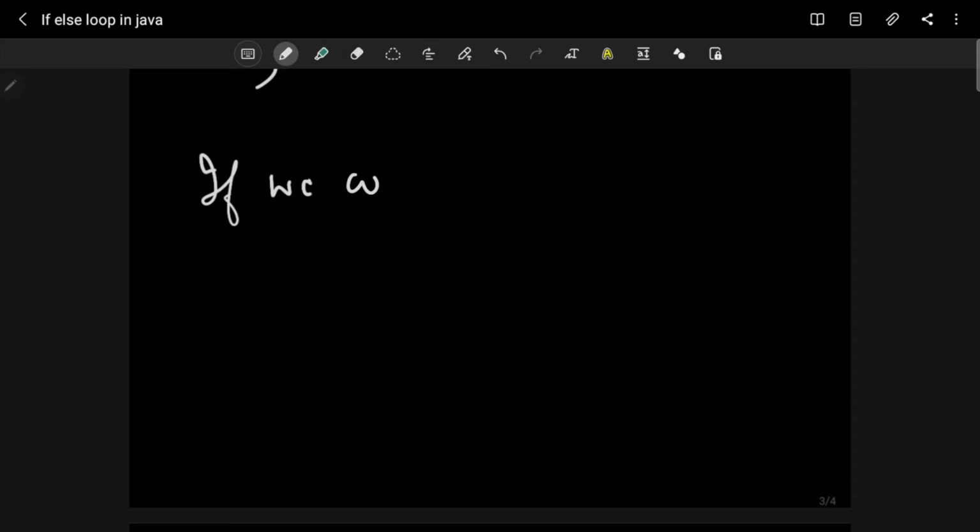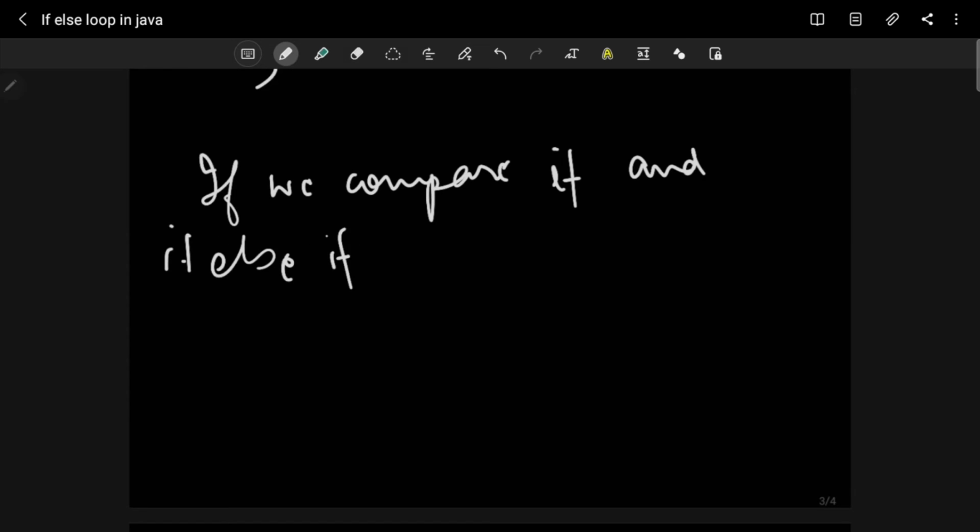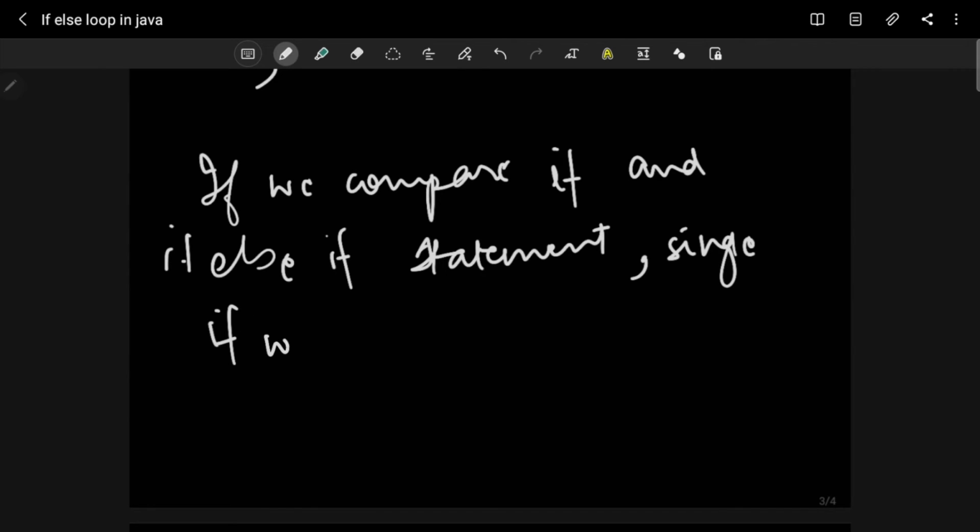If we compare if and if else if condition statement, then single if जो है, single if will check all conditions.